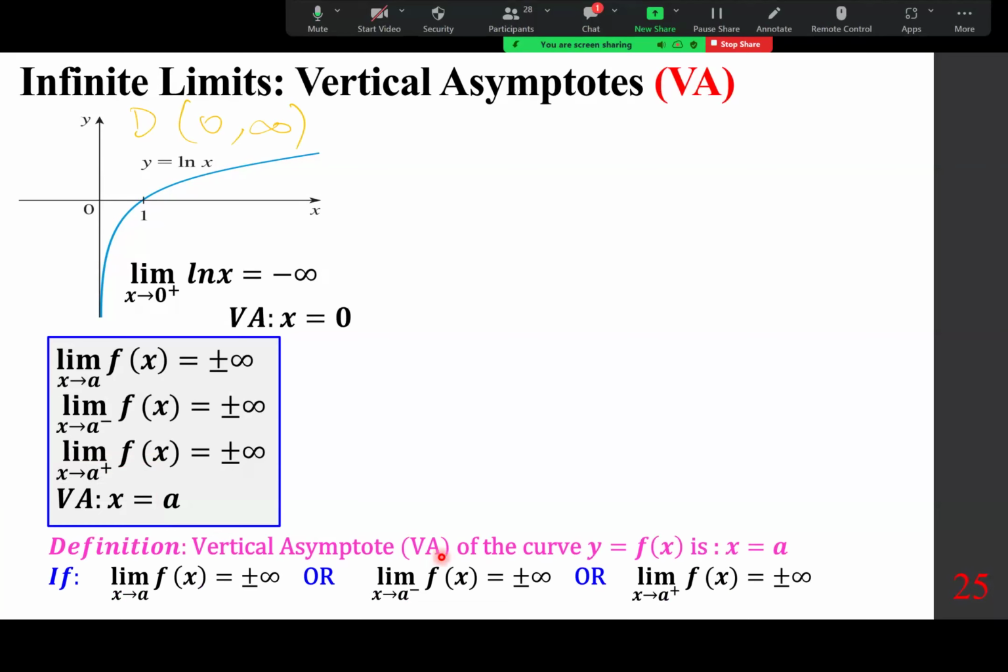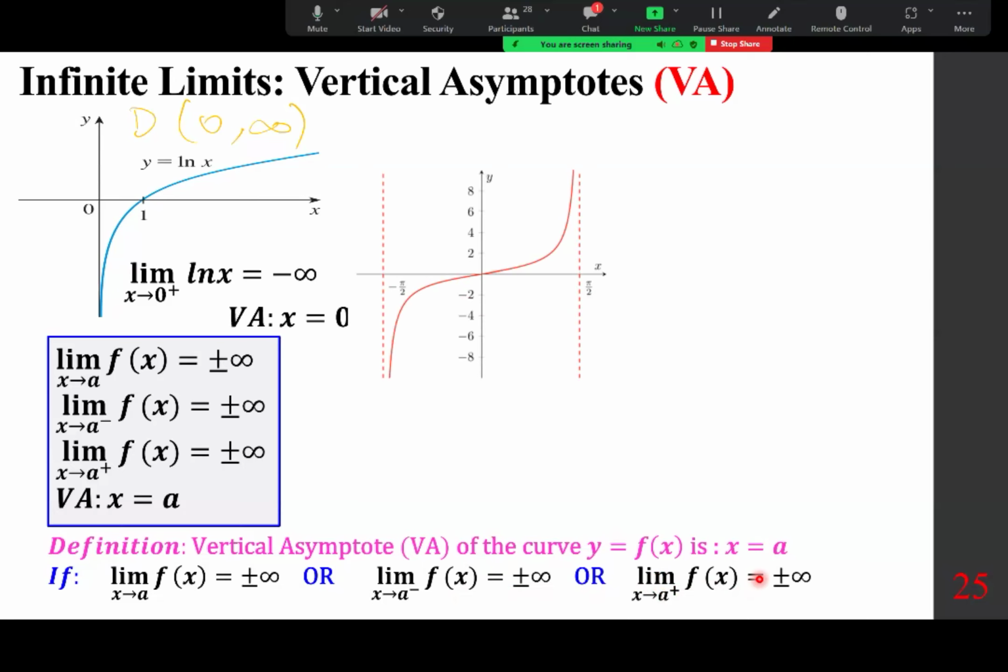Definition of a vertical asymptote, VA, of the curve y equals f of x: x equals a is a vertical asymptote if the limit of f of x as x approaches a is positive or negative infinity, or the limit of f of x as x approaches a from the left is minus infinity, or the limit of f of x as x approaches a from the right is plus or minus